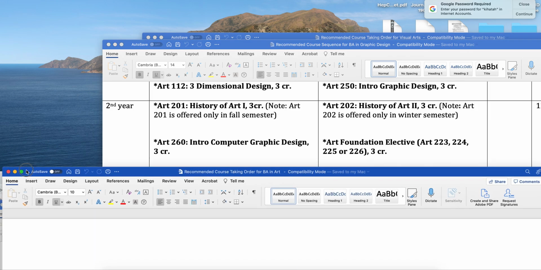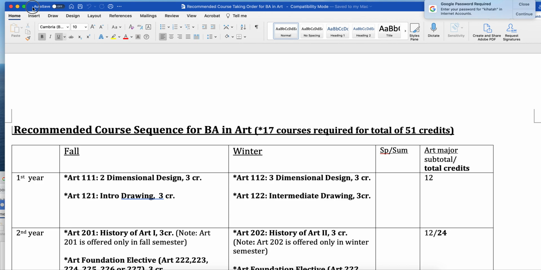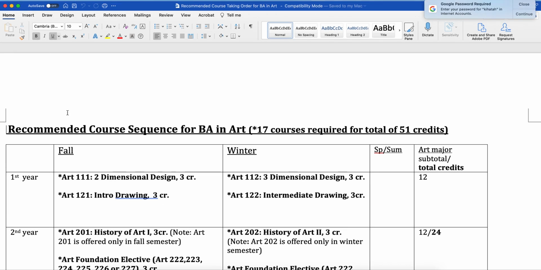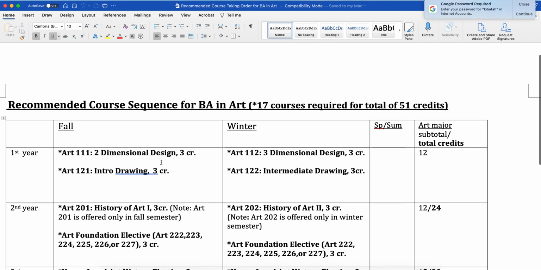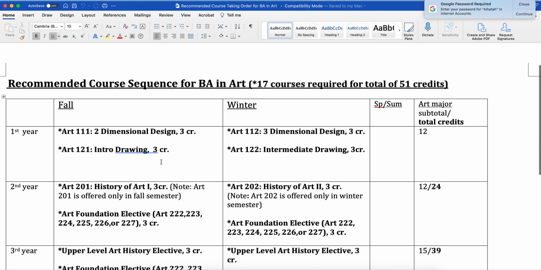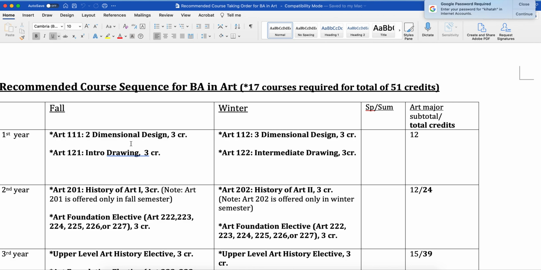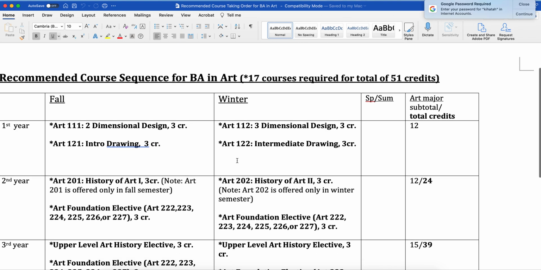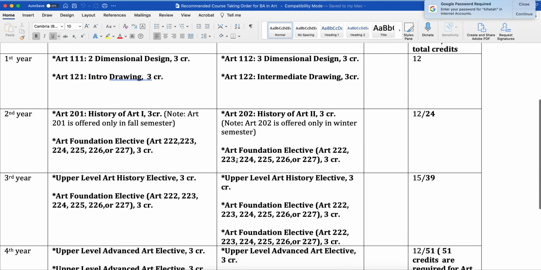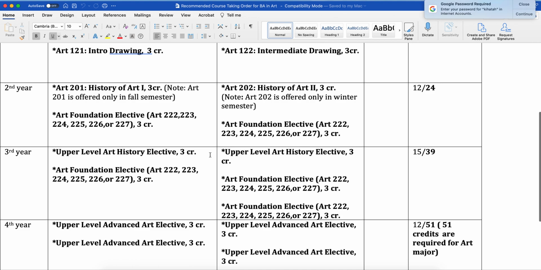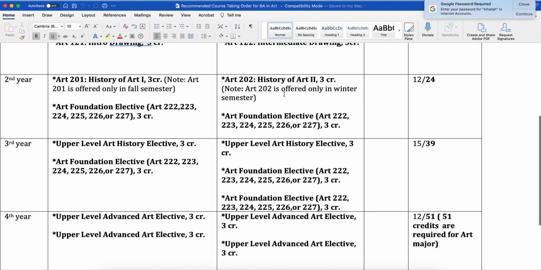Then the third one. Okay, so the next one is the BA in Art. The Bachelor of Art is very similar at first to visual art education. The first semester, or first year, is the intro drawing. Make sure you take intro drawing in the fall so you can take intermediate in the winter. Then after that, it's very similar to College of Education, except you can spread out more because it's 51